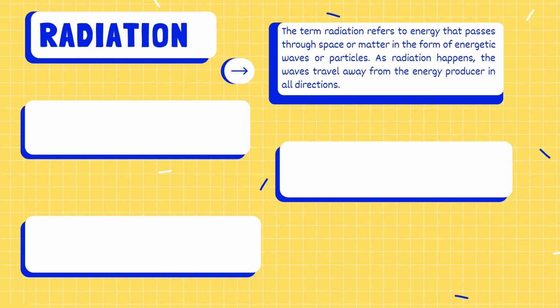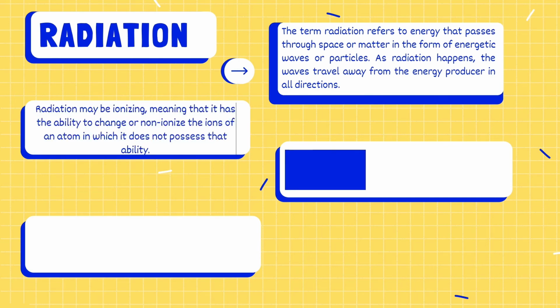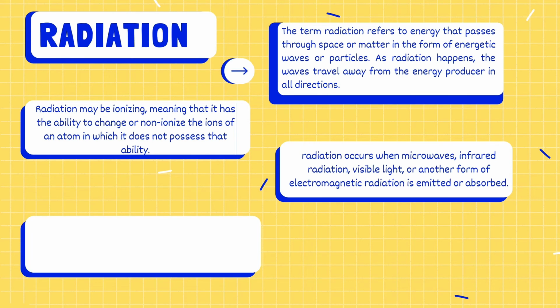The term radiation refers to energy that passes through space or matter in the form of energetic waves or particles. As radiation happens, the waves travel away from the energy producer in all directions. Radiation may be ionizing, meaning that it has the ability to change the ions of an atom, or non-ionizing, in which it does not possess that ability. Radiation occurs when microwaves, infrared radiation, visible light, or another form of electromagnetic radiation is emitted or